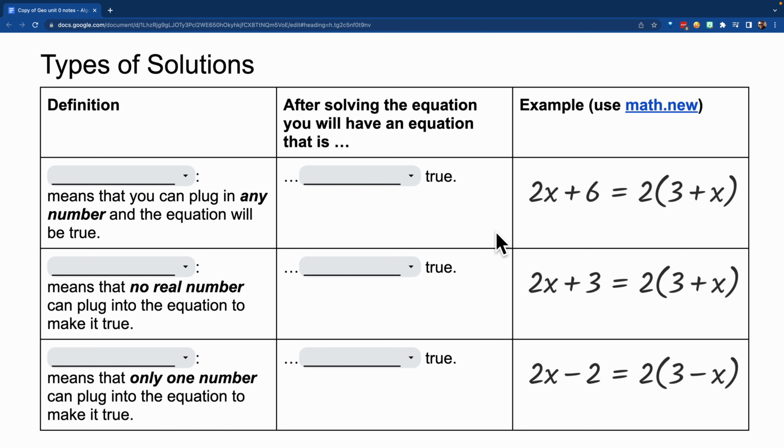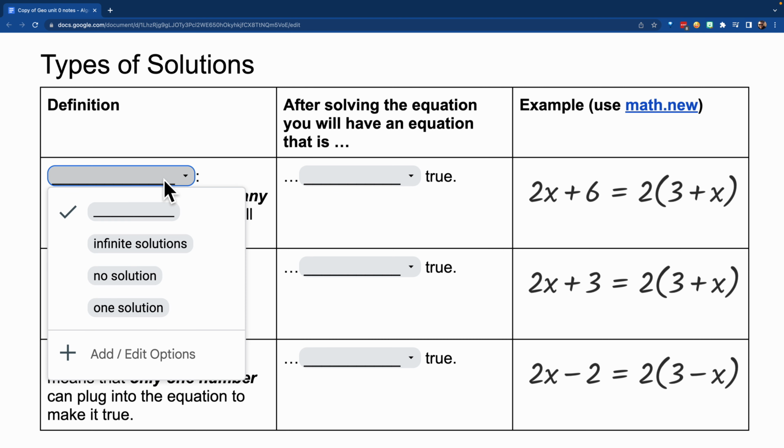Types of solutions. And you might be wondering, what does that mean, like types of solutions? Well, it means one of these three things. A solution is when the equation is true, but sometimes it could be always true, never true, or just true one time. So I'm going to take this equation and I'm going to type it into